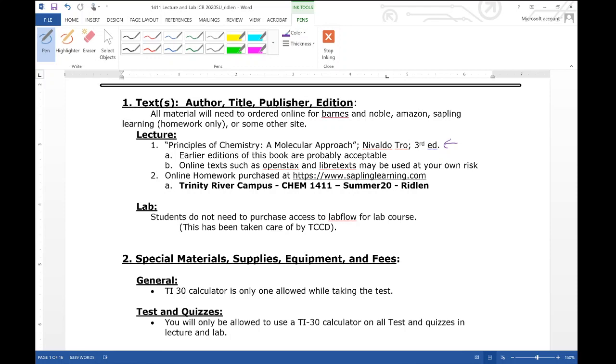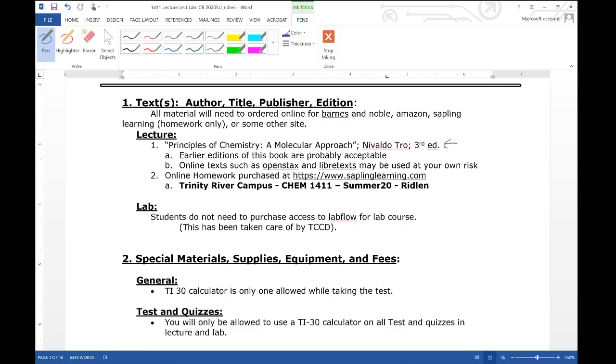They all have pretty much the same information. So if you've got a cousin or a friend that took chemistry and they can loan you their book, that will work perfectly well for this class. I'm never going to assign you, do chapter 1, the odd problems or something like that. I'm not going to do that. But just know that if you use a different book, it's your responsibility to go find the section that discusses what we're talking about. I can't obviously go into your houses and look at what book you're using.